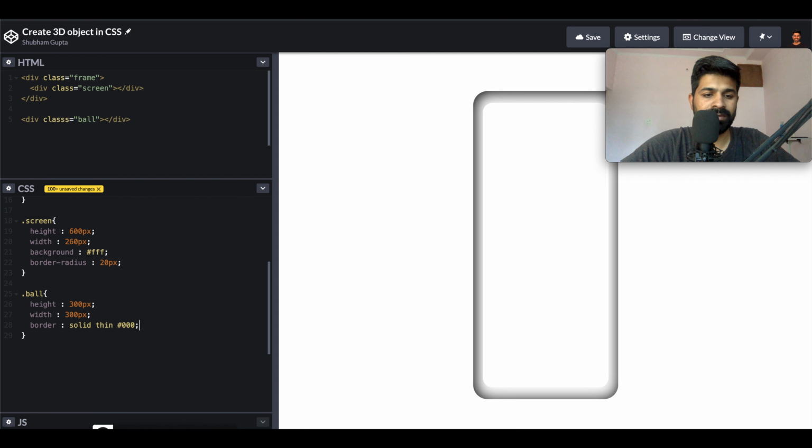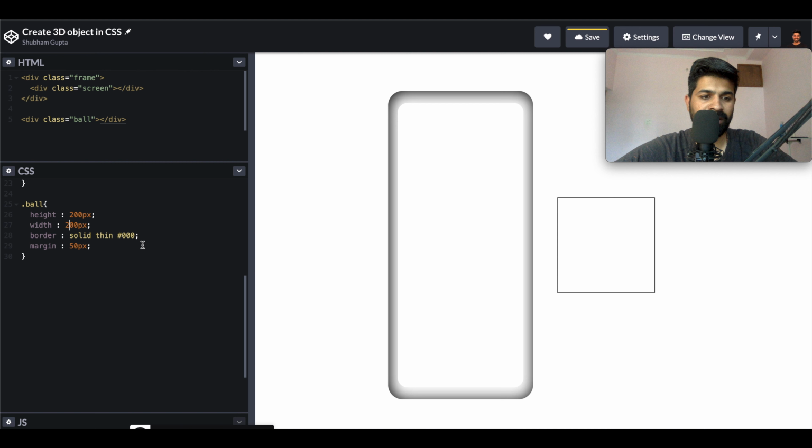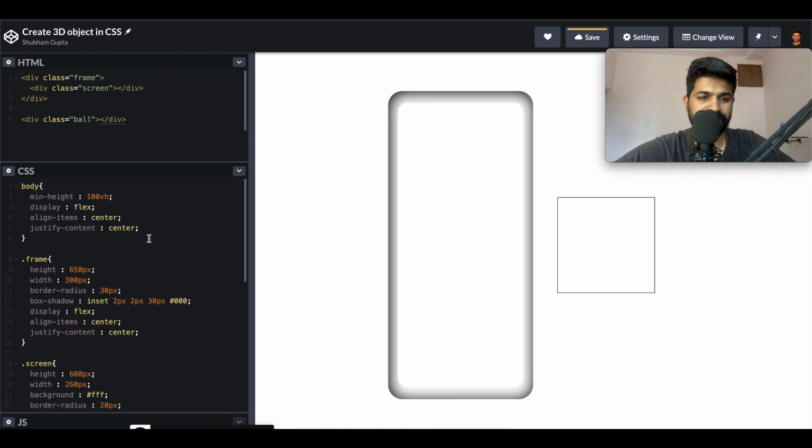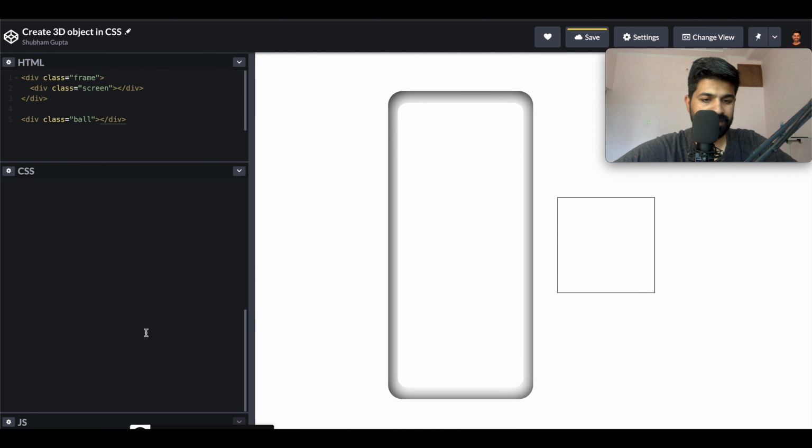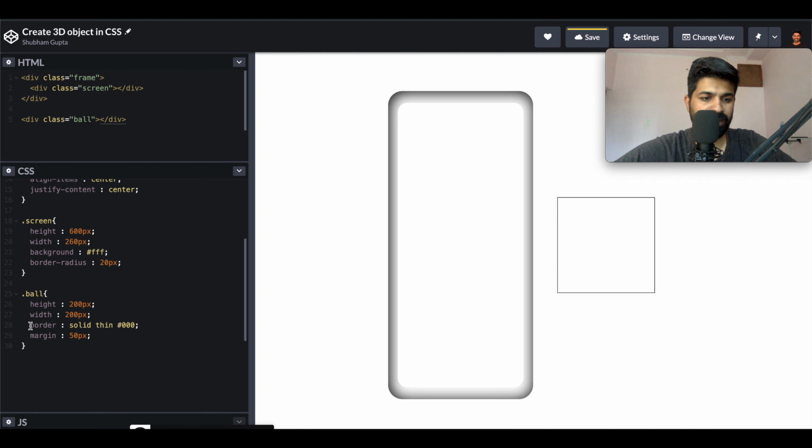I'm going to give some margin also so you can see the part. And we can use a similar box shadow, and see the magic. Just remove the border and add the box shadow.